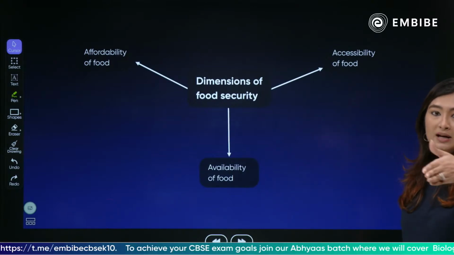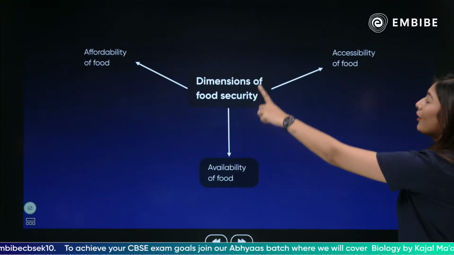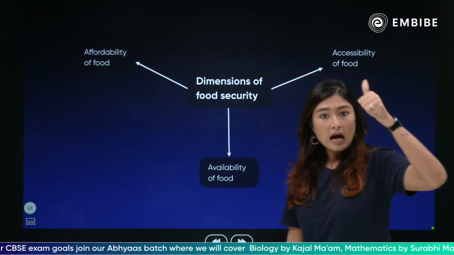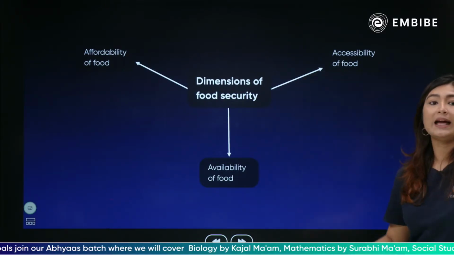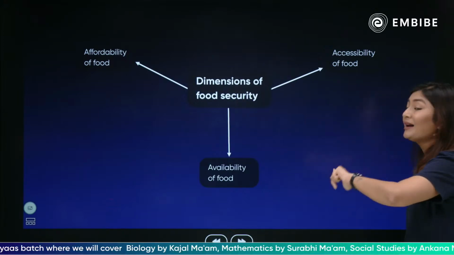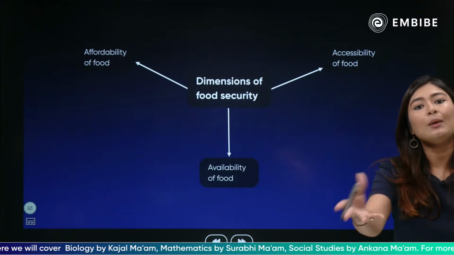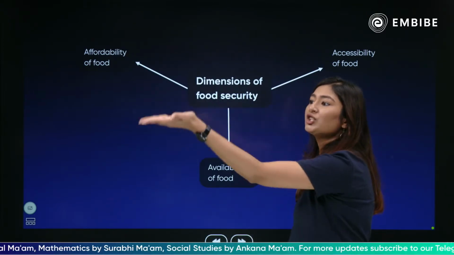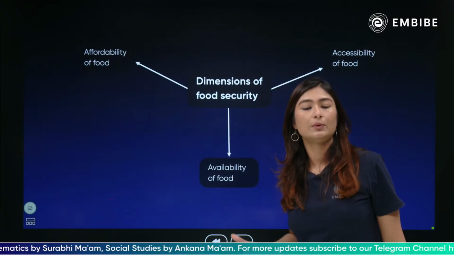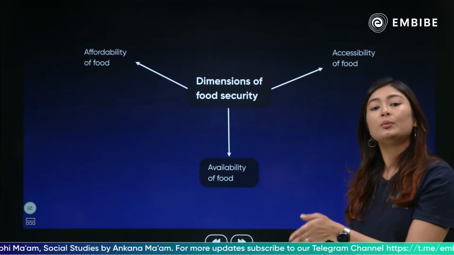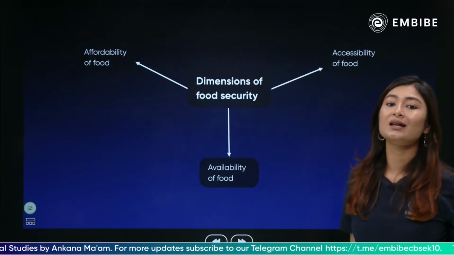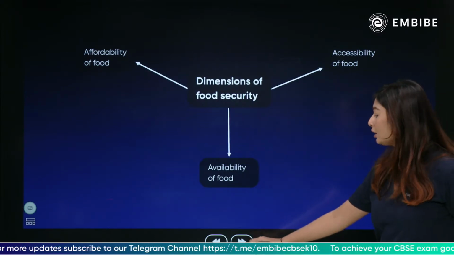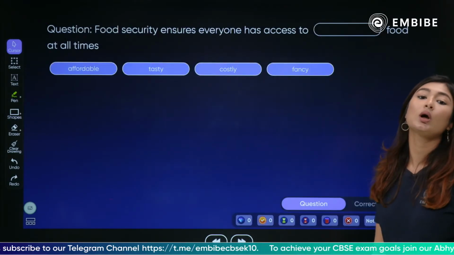Now talking about the dimensions, the features of food security: affordability, accessibility, availability. ये तीन सिंपल सी चीज़ है. खाना सही दाम पे मिलना चाहिए, खाना लोगों के लिए एक्सेसिबल होना चाहिए और खाना अवेलेबल होना चाहिए. सही दाम पे मिल रहा है, खाना अवेलेबल ही नहीं है. सही दाम पे मिल रहा है, अफोर्डेबल है, बट मैं पहुंच ही नहीं सकती खाना तक. It's not accessible. All of these are important parameters and features which are very, very essential for food security. अगर food security ensure करना है तो ये तीनों चीज़ों का होना बहुत ज़रूरी है.